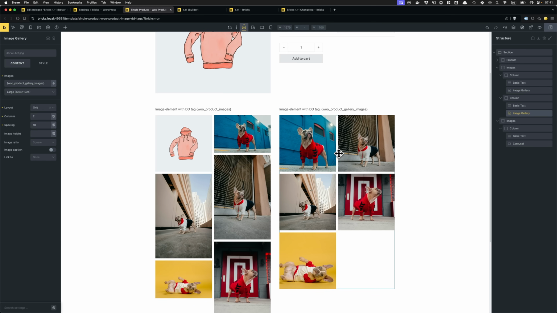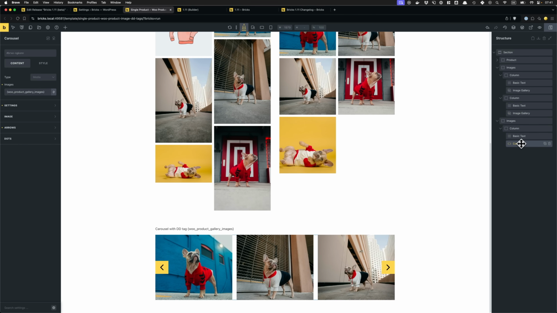So it's not using the featured image. You can see the difference here, right? This is the featured image and this is without the featured image. And in this case, I'm using the grid layout. You can also use the metro layout, right? But yeah, I think you get the point, what's possible now with those dynamic data tags and the image gallery